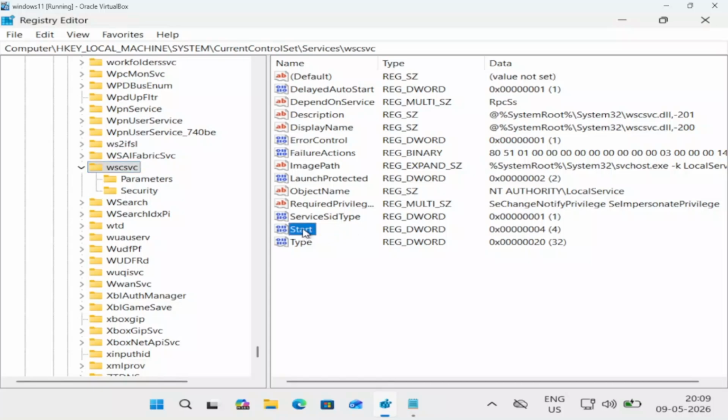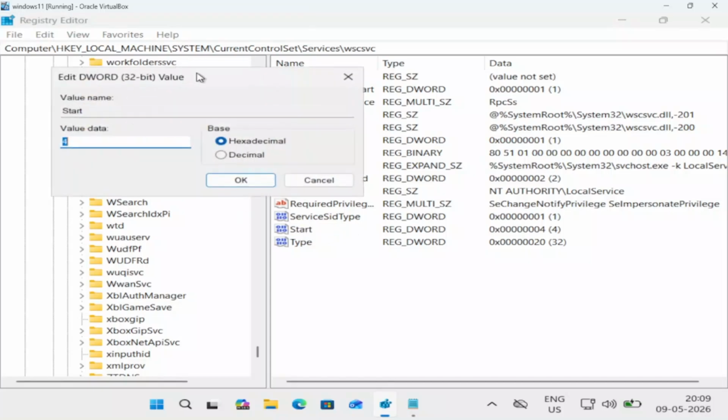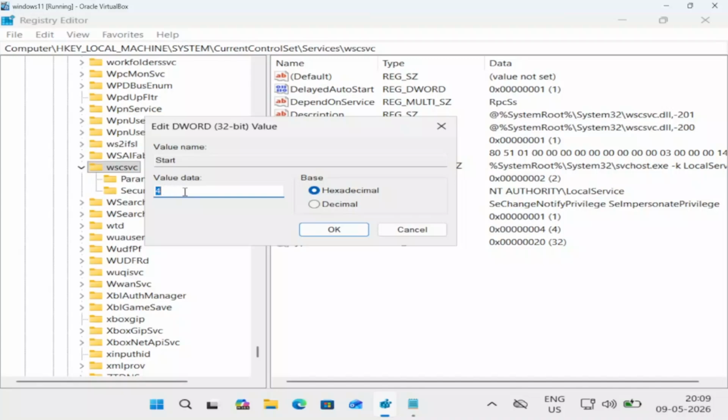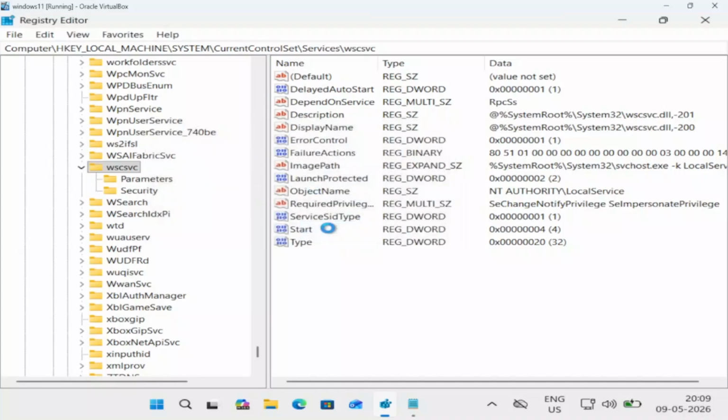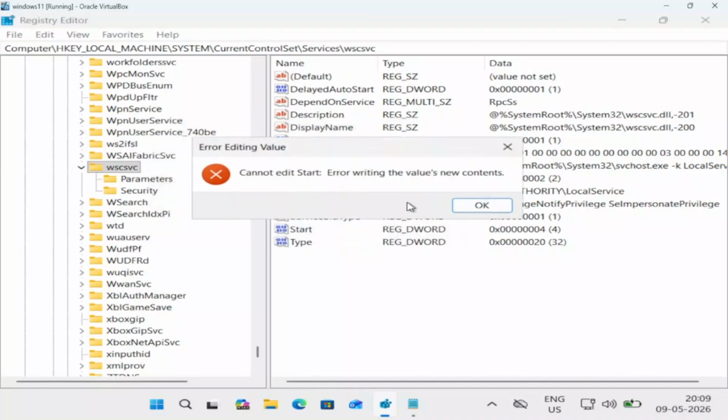This is the Start. Make a double click on it and change its value from whatever it is to 2 here. 2 means automatic startup, 4 means disabled, and 3 means manual startup. Select its value to 2, and if it gives you this error, that means that you don't have the permission. By default the system has this permission, so we can take ownership of this